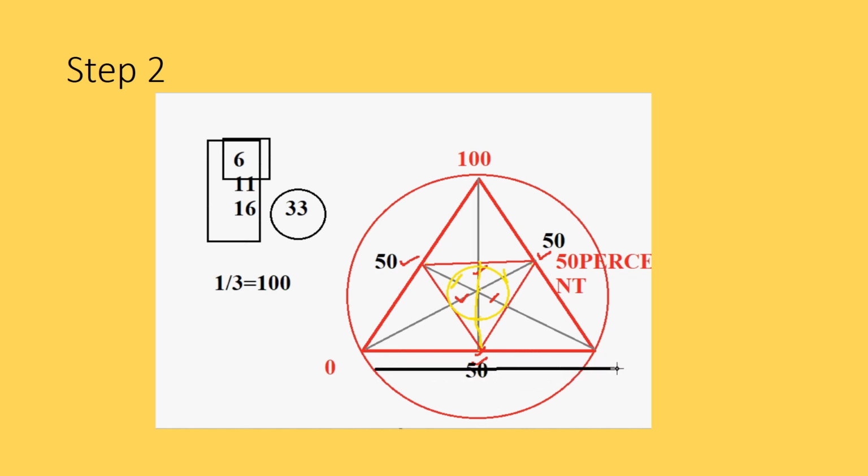If 10 units is equal to 10 centimeters, then 0.1, 0.2, 0.3, we can plot it according to scale. According to scale, 6 will be 0.6, 11 will be 1.1 if 10 centimeters is equal